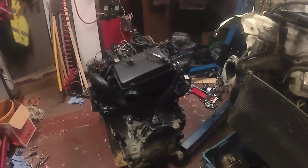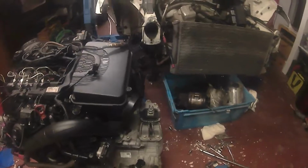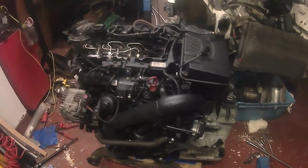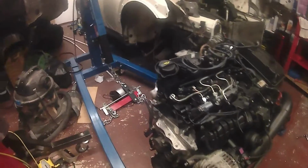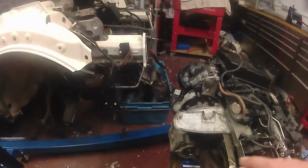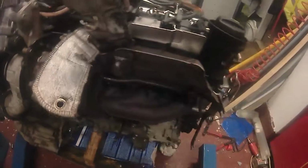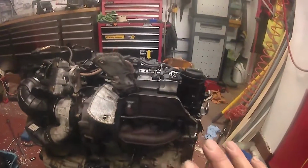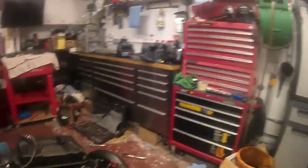Another day, another mission. All the wiring's on the car. So airbox is just on so that I could plug a sensor into it and make sure everything fitted and went through there. I'll be taking it back off again so that I can get the engine crane on properly. As you can see, the exhaust clamps on there, or the heat shields and that then bolt together on the back of the exhaust,